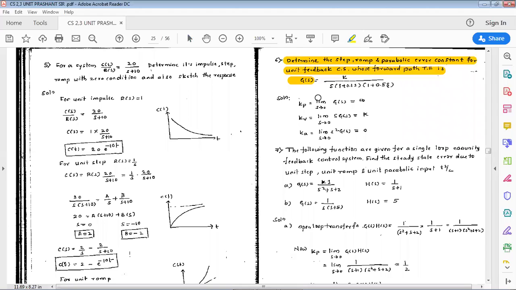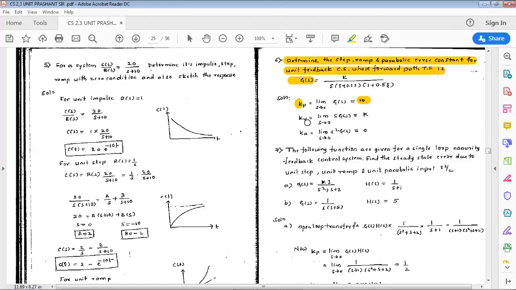I need to find its parabolic, ramp and step error constants. Those are given as Kp, Kv and Ka. We have the formula for Kp as limit s tends to 0 of G(s)H(s). Here H(s) is 1 because it is a unity feedback control system. Therefore Kp is equal to limit s tends to 0 of G(s). Since s is in the denominator, if I apply the limit s as 0, that results in K by 0,